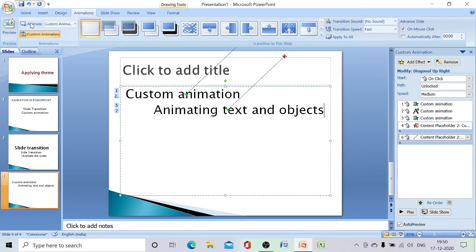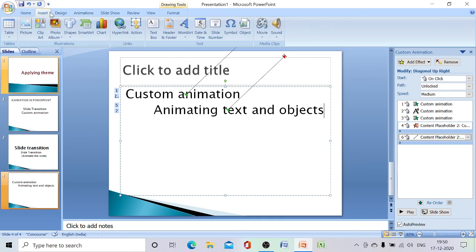And another option is to apply music. To apply music we have to click on the insert tab. Then here we can see the sound option. Okay, from this sound we have to choose sound from file, sound from clip organizer, play CD audio, or record sound. From here we can choose any one of the options and we can record the sound for the slide also. Okay, so these are the things that we have learned, or these are the things that are there in our 4th chapter. By this we are going to complete the chapter. Okay, so I hope you have understood.